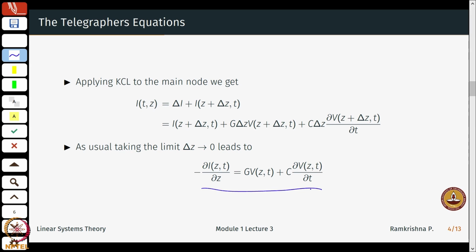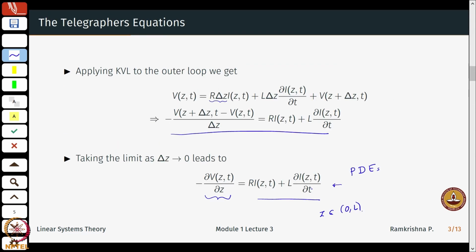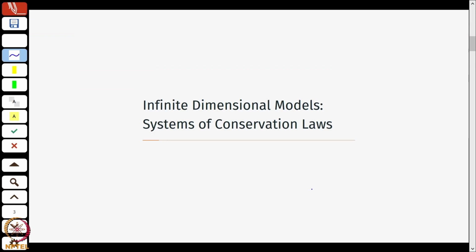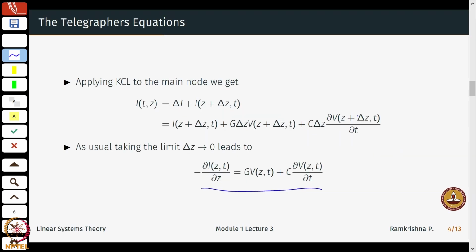So these two equations together constitute what are also called the telegrapher's equations, or the wave equations for a transmission line. And these are also similar, if you come from the mechanical domain, to a vibrating string. There is a travelling wave there, and there is a travelling wave also here. The structure looks almost similar, and both come from a set of conservation laws. So, what I said here is that we are essentially looking at systems of conservation laws. What are the physical quantities that are conserved here?